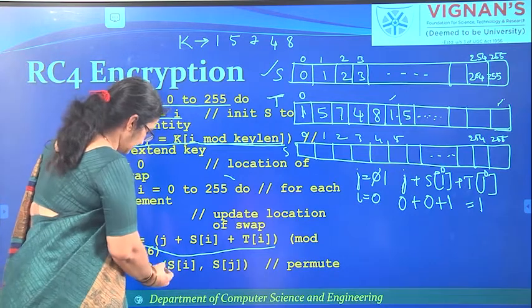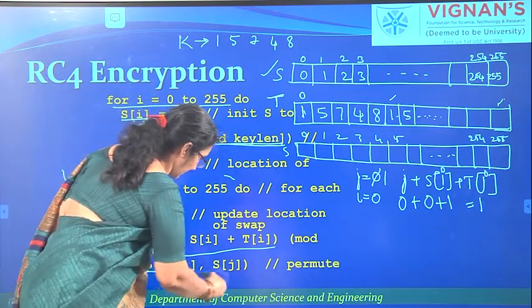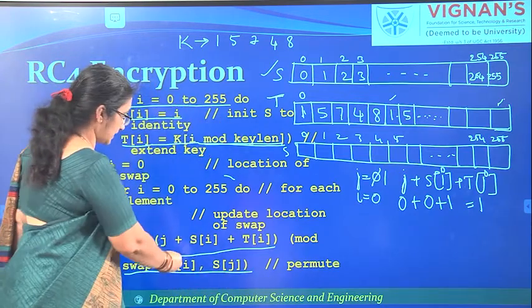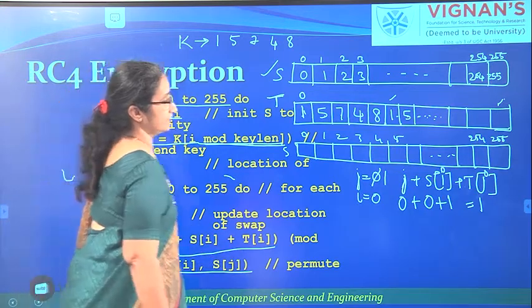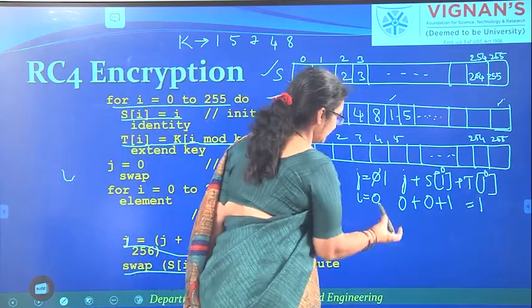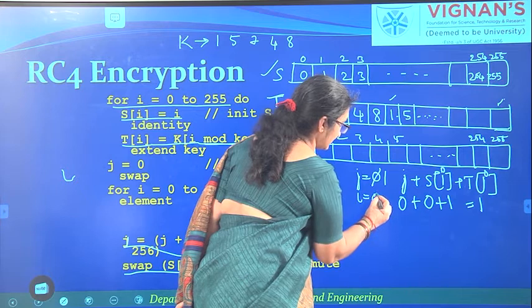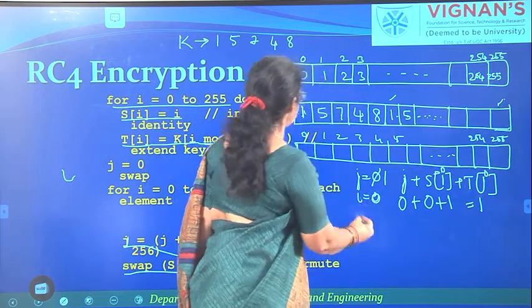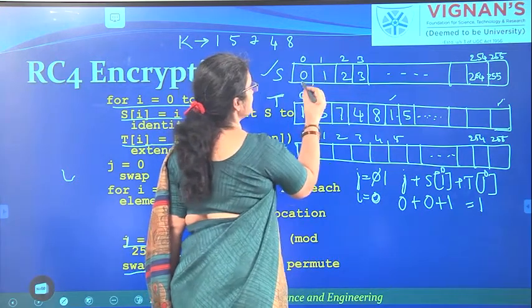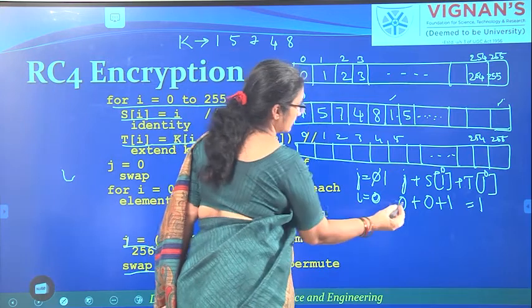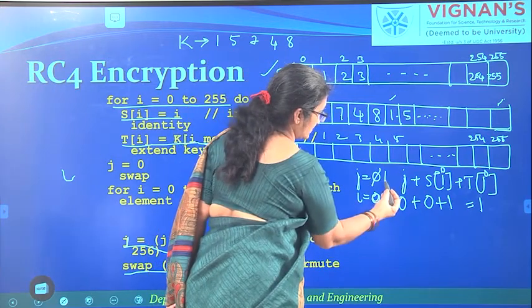So after this we have to perform this swap statement. Swap S of I with S of j. So what is S of I? S of I is 0. So S of 0 is 0. And what is j? j is 1.